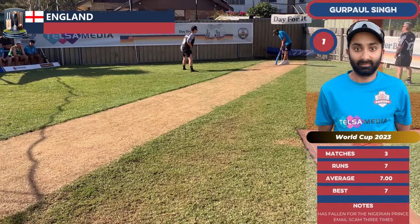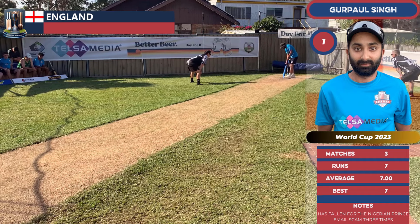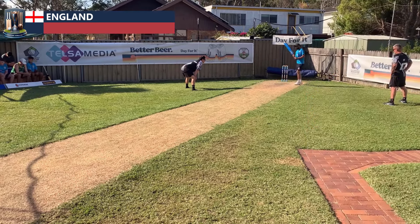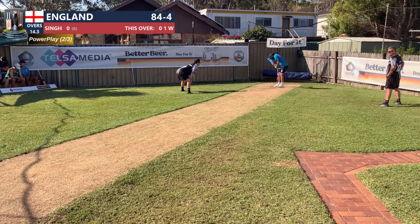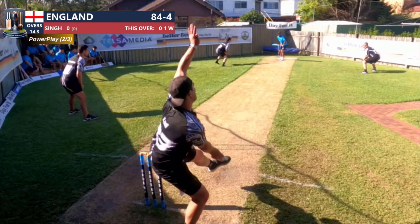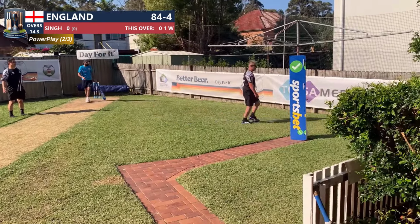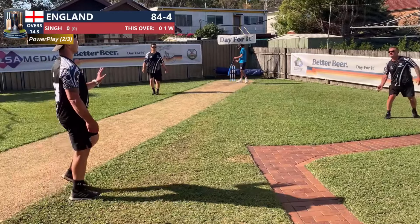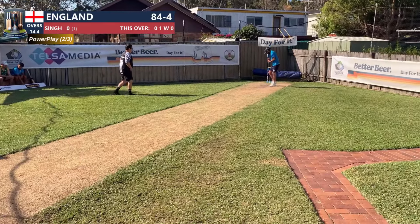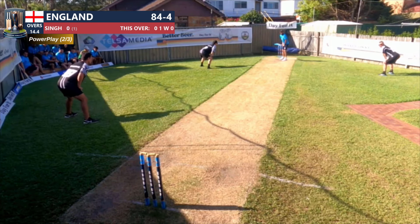Gurpal Singh. Not yet seen the best of him. He's a once-in-a-while kind of batsman. Very, very explosive on his day. Aggressive to the point of reckless, and it does cost him some early dismissals at times. But when he gets going, he is great fun. A particularly accomplished player of spin, Gurpal Singh. And given that we've still got Monaghan, Osborne and Lambert to bowl in this rotation, and Simon McFarland,